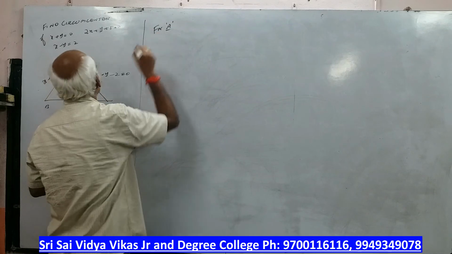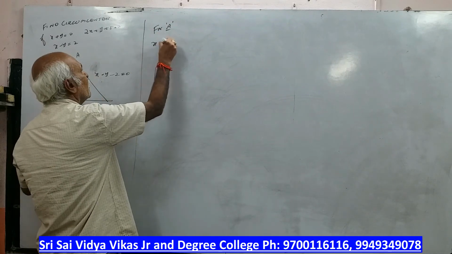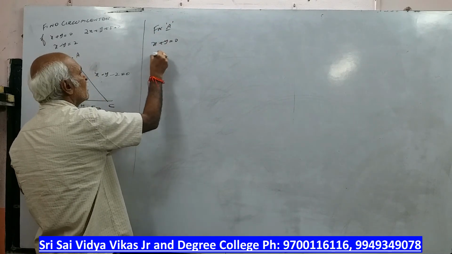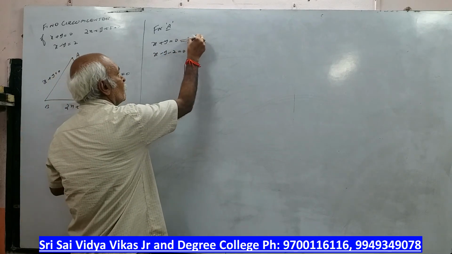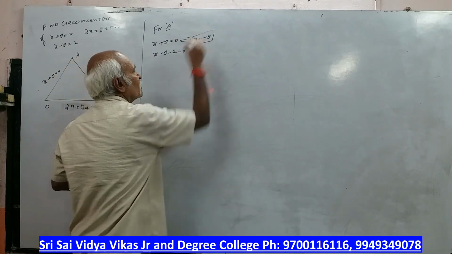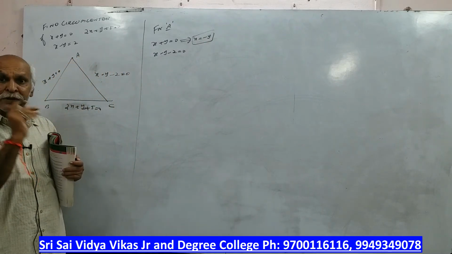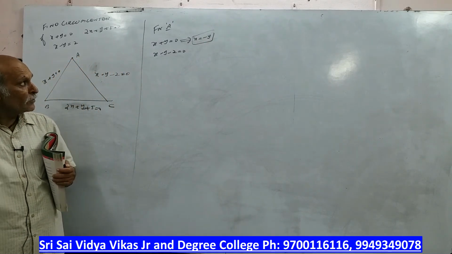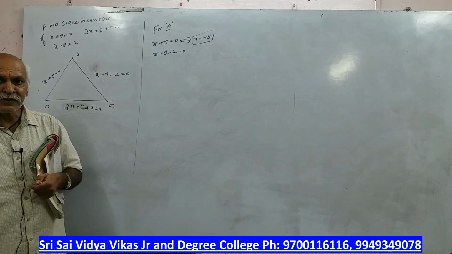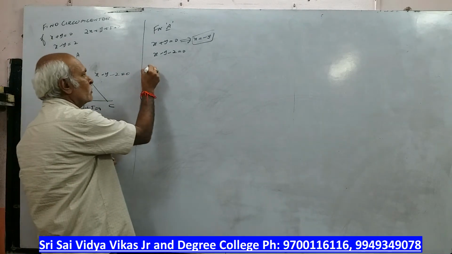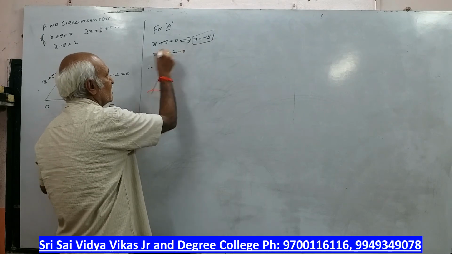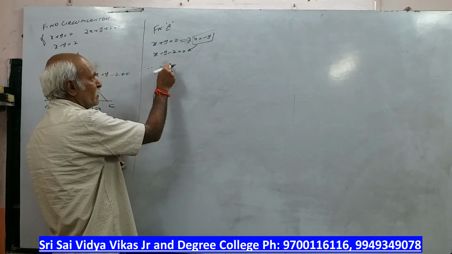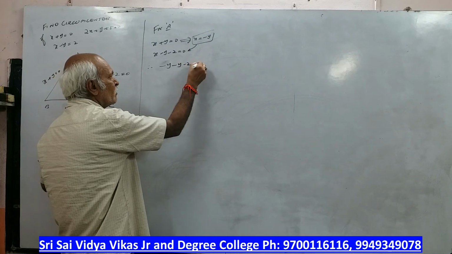For a, x plus y is equal to 0, x minus y is equal to 0. Look at here, from this, what is the x value? Minus y. Now there is no constant, so you can use this method. Whenever there is a possibility, we can use this. So x plus y is equal to 0, x is equal to minus y. Therefore, x is replaced by minus y. I am putting here. X is replaced by minus y, minus 2.